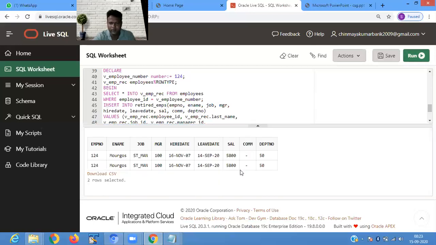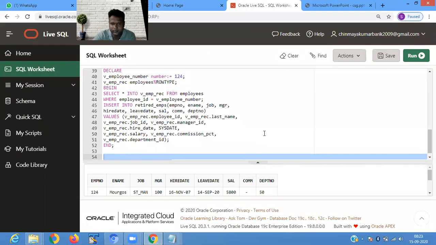See, there, two times it is inserted. Hire date, leave date is today's date. Okay.